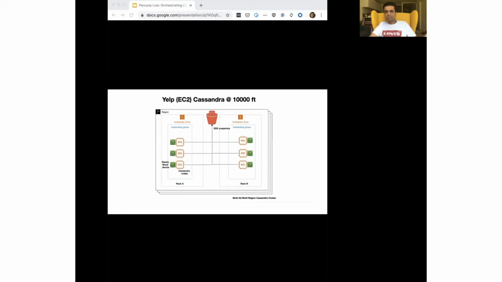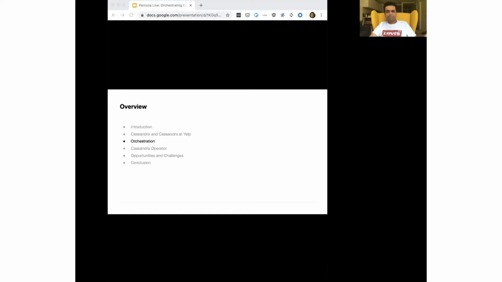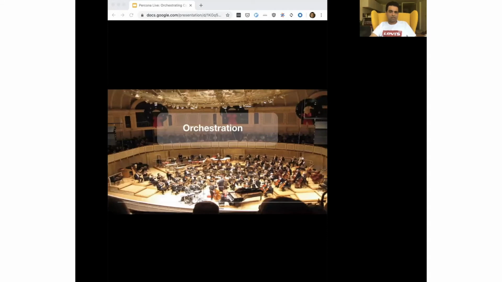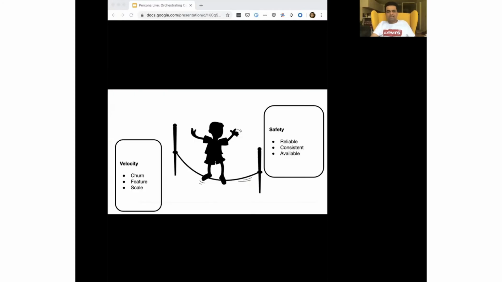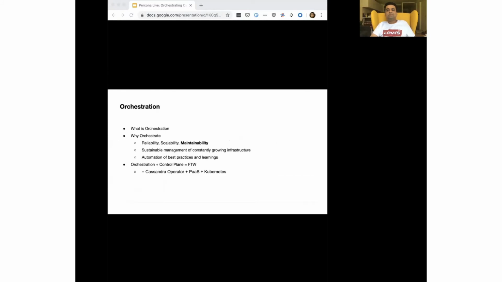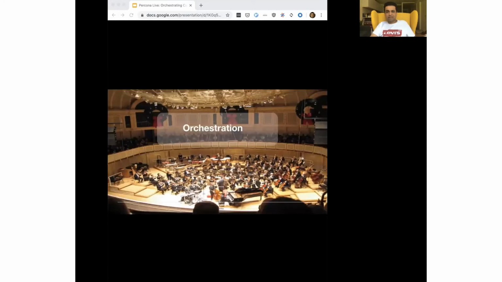Now let's look at each of these regions in detail soon. So having spoken about Cassandra and Cassandra at Yelp, let's speak about orchestration. So what is orchestration? Let's see. Orchestration is defined as the automated configuration, coordination, and management of computer systems and software. That's what Wikipedia says. But if I have to define an orchestration system,